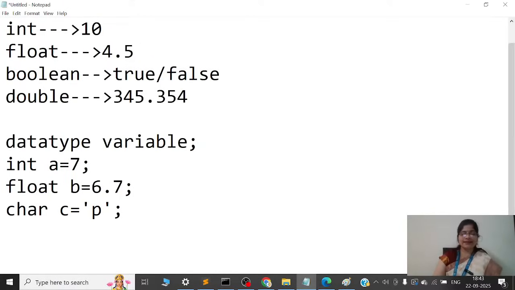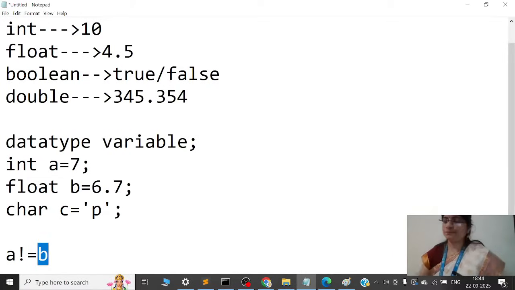But if you write A == B, it means A's value and B's value are the same. If you want to check whether they are not the same, you can take the help of not equal to. So A != B.